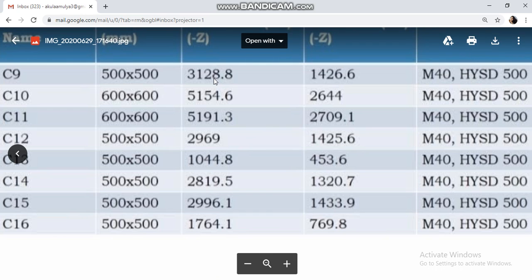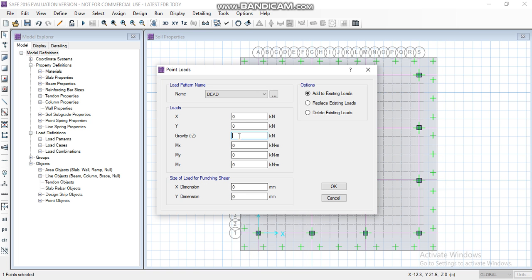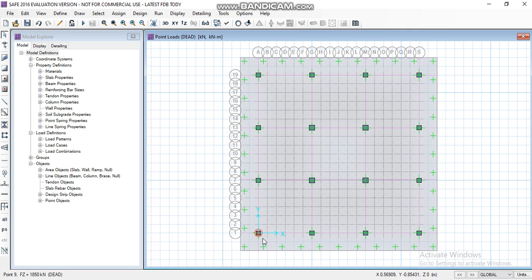The values should be entered here. Here for column 1, the dead load is 1850. It is for the column size of 500 into 500 mm. In the same manner, select again column 1.